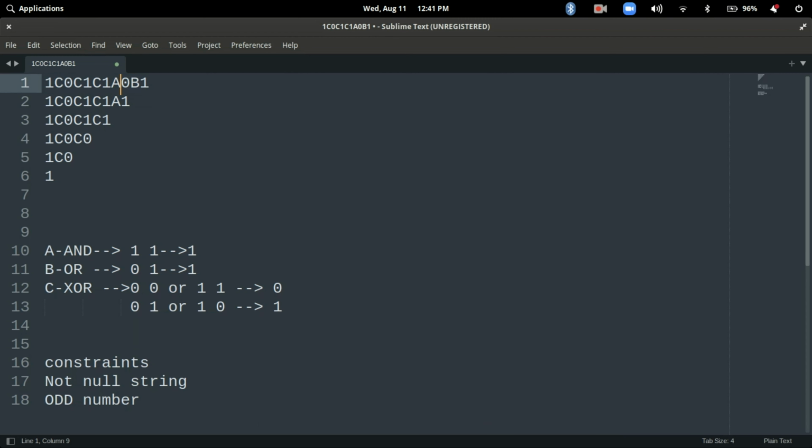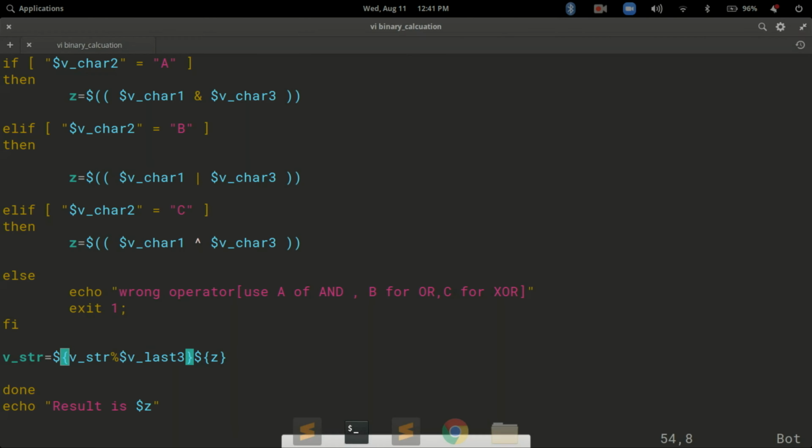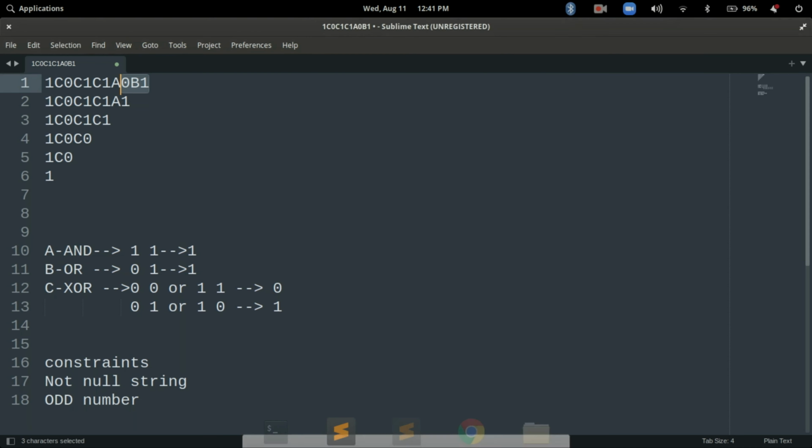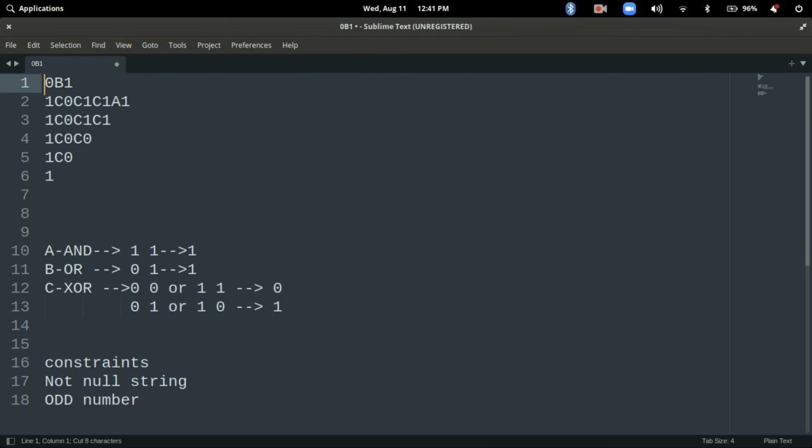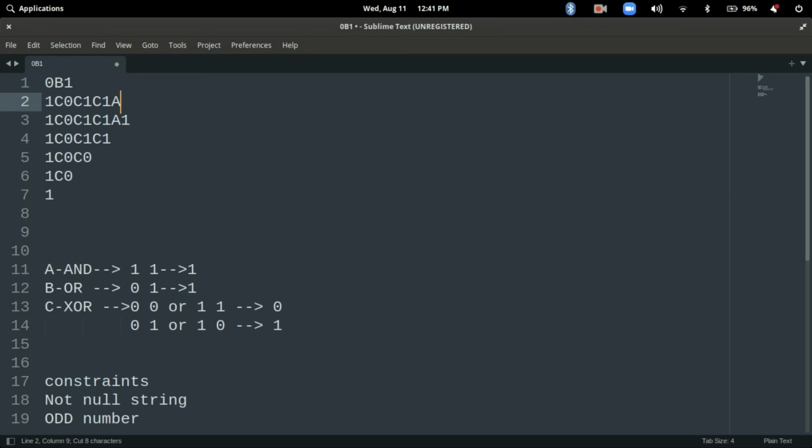In this particular string, I have removed this part. For that, you have to use a percent sign and the particular pattern or the variable. This is the variable which has the last 3 characters. I am passing it and it will remove these 3 characters from this. So now the leftover is just this.